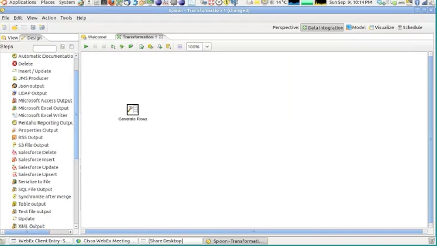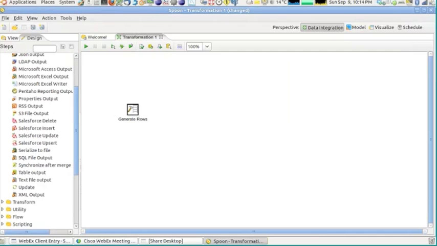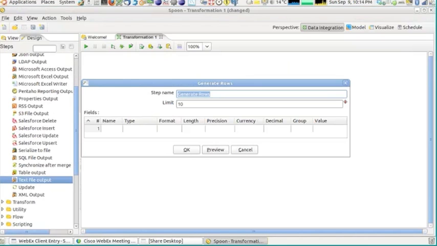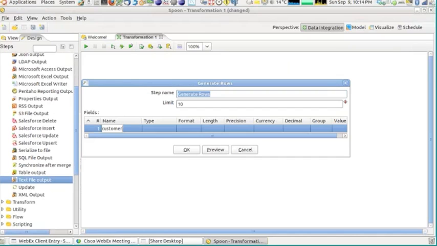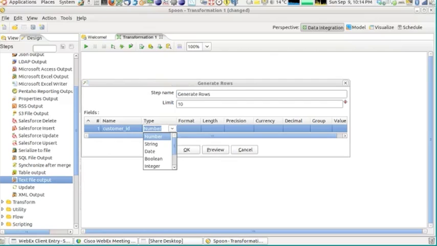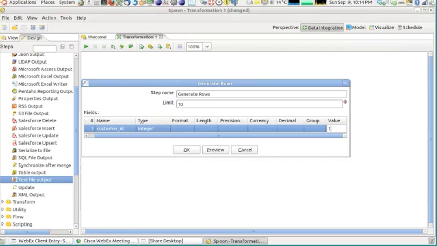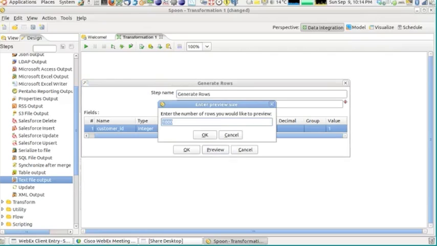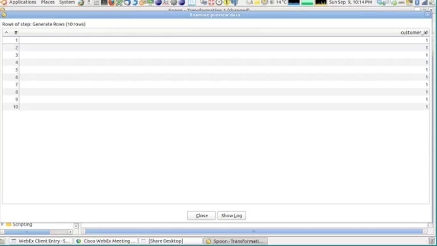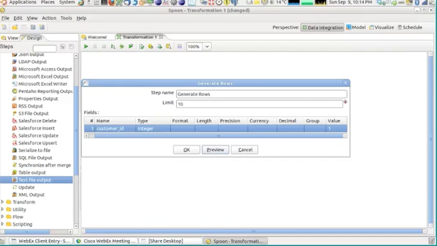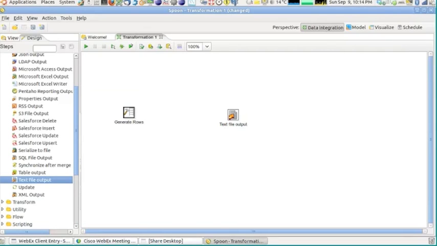All right, so we just come here and say, okay, we're gonna put this into a text file. So in our transformation, in our generate rows, let's generate 10 rows. Let's call this customer ID. This is type integer. As value, we are just gonna create value 1. Okay, let's just preview the generate rows. It's perfect. Customer ID. So now I'm gonna close this one here, and I'm gonna just generate the hop between these two